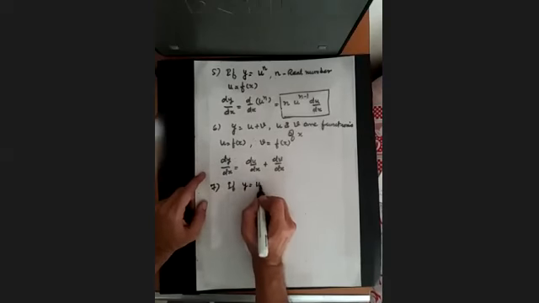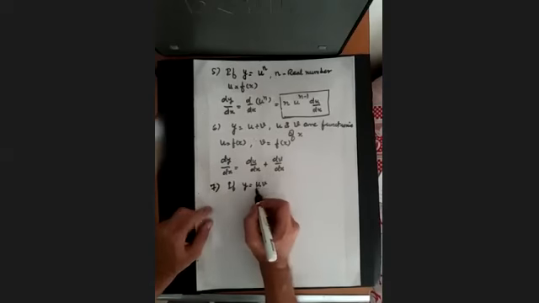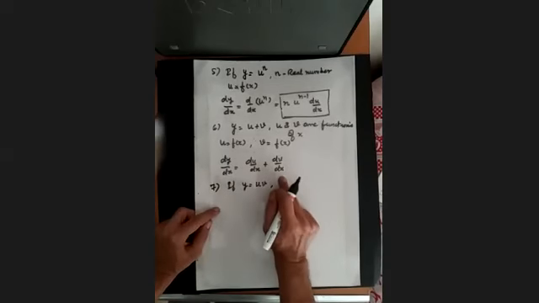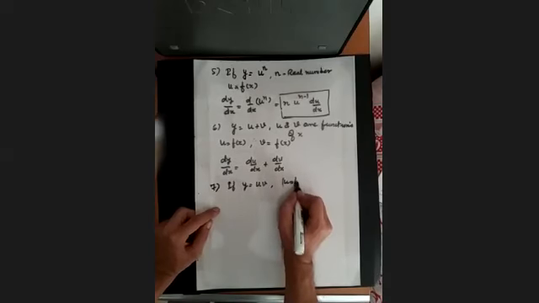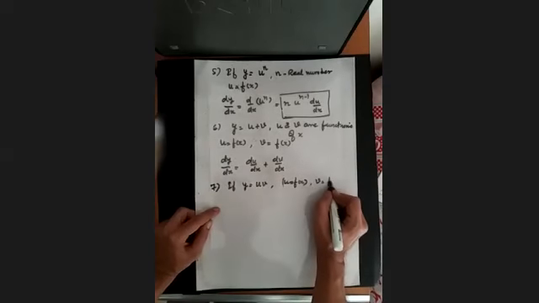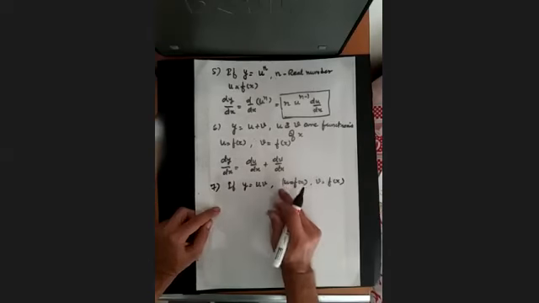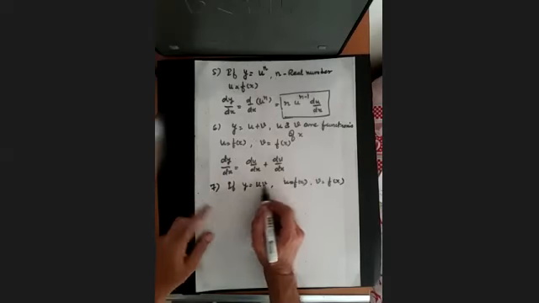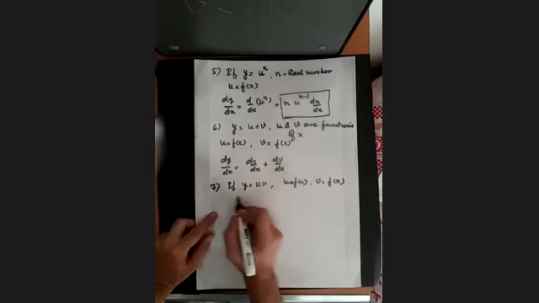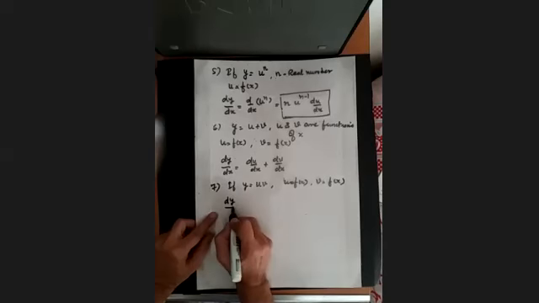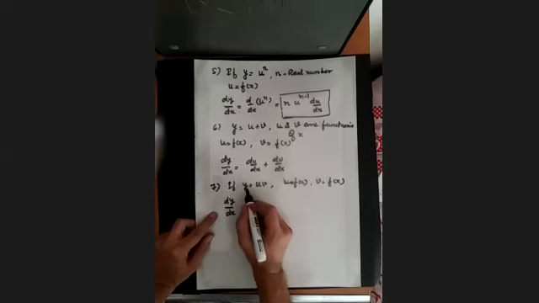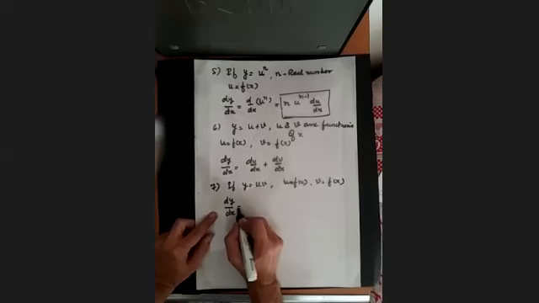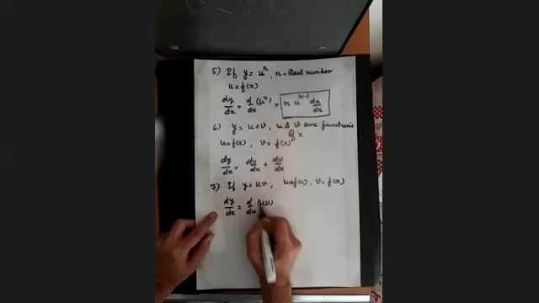If y is equal to u multiplied by v, now once again u is a function of x and v also is a function of x through some relations. Then now we have the product of these two. So y is equal to the product of this u and v. Then differentiation of y with respect to x. Now we have to differentiate y with respect to x. It will be differentiation of the product of u and v with respect to x.